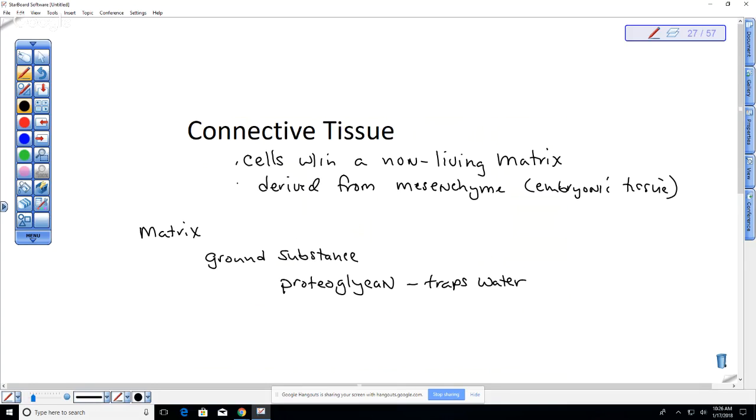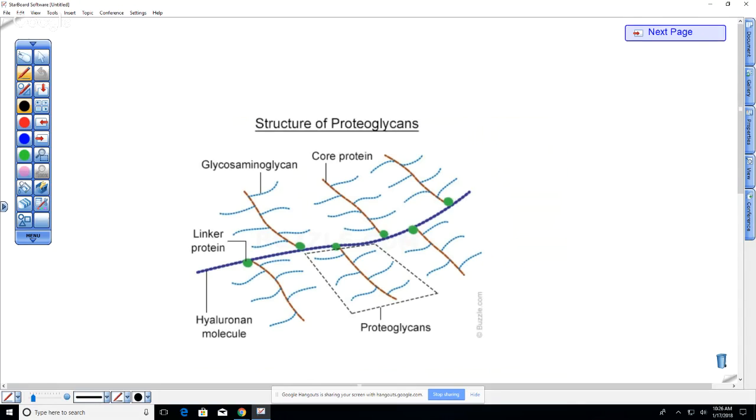And so if we look at a diagram, this is a picture. You don't need to memorize this picture, but this is the protein, right? And then these are the carbohydrates that are attached to the protein. And it creates this kind of a network that attracts water and then traps it. So some of these